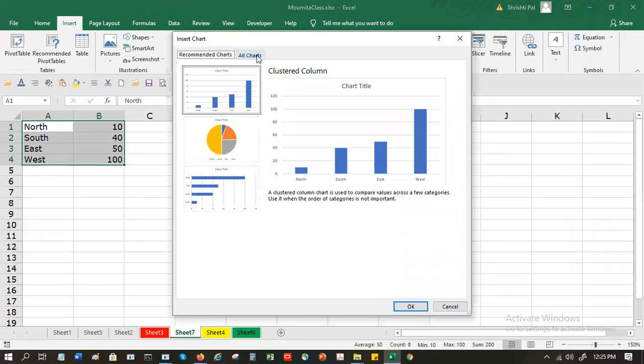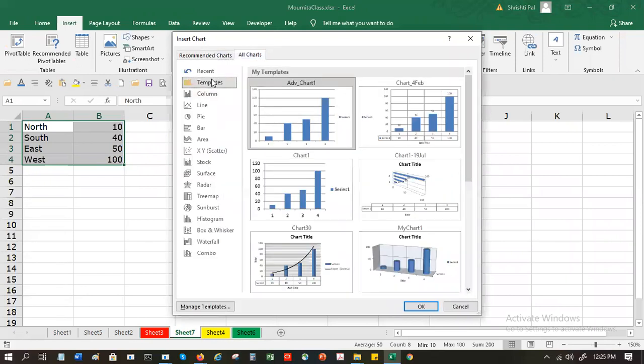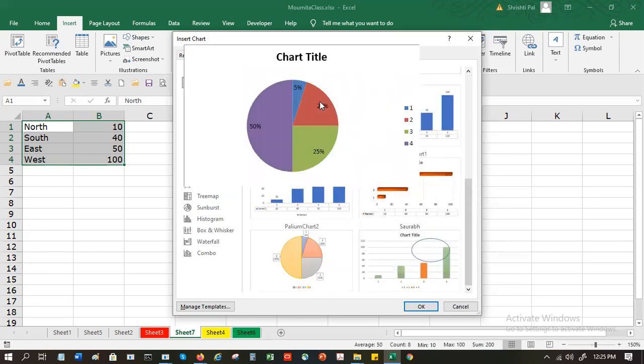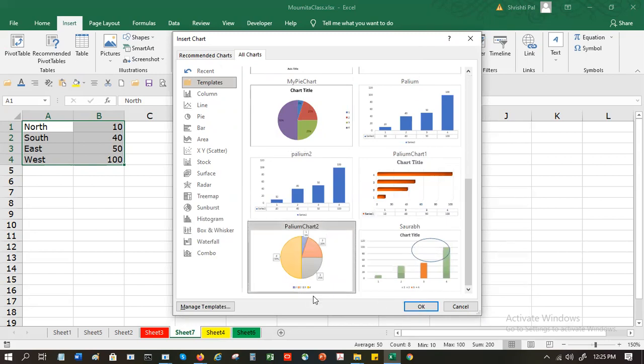I go to all charts and there is a list of templates here. So this will show my templates, like the one that I saved, I called it Pallium chart 2. See this Pallium 2. So this is the one with the callout. Pallium chart 2, okay.